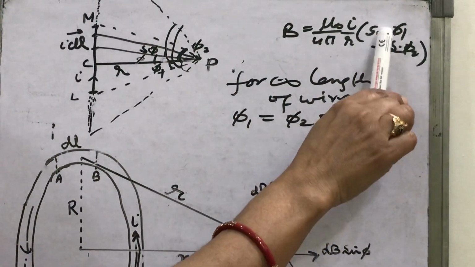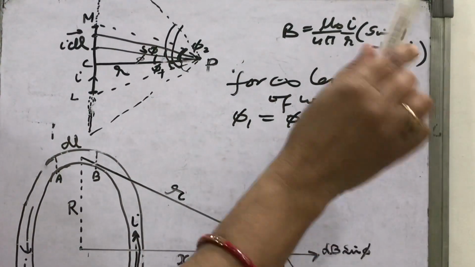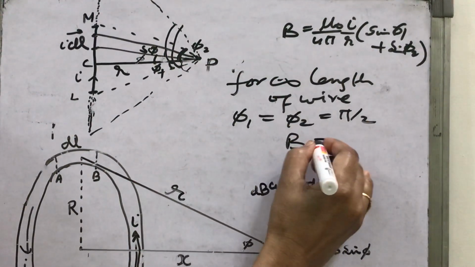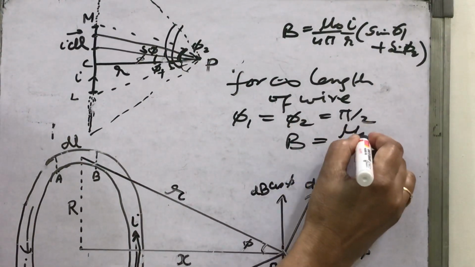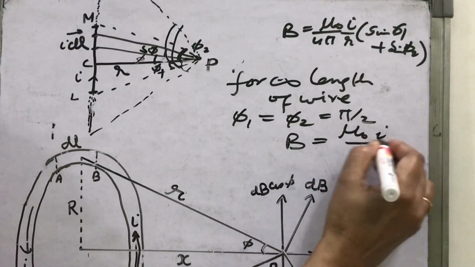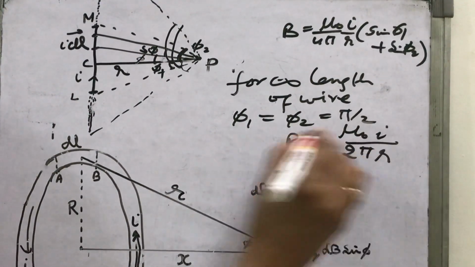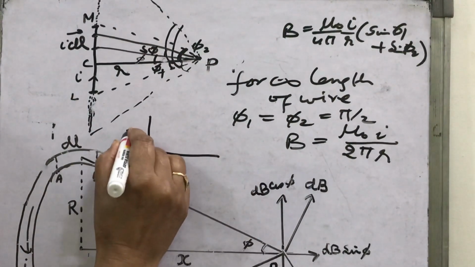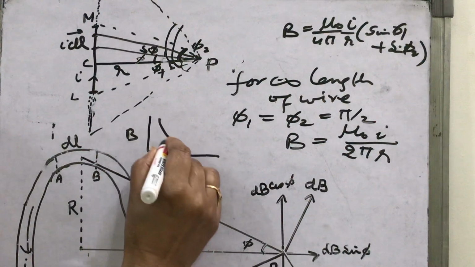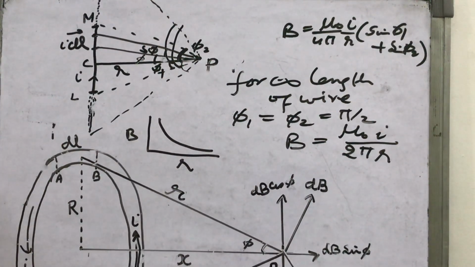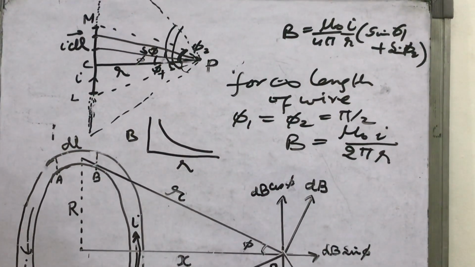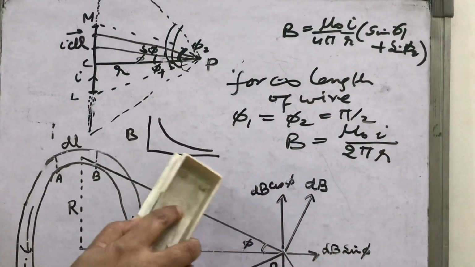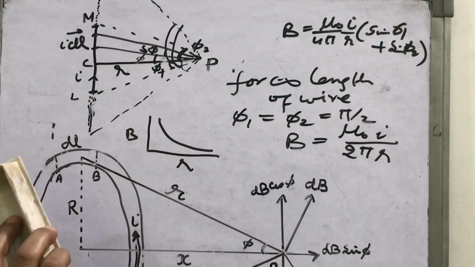And sin pi by 2 will give 1, so the sum gives 2, then 2 upon 4 pi gives the magnetic field which we have discussed, mu naught I upon 2 pi r. That is why we have shown that if the graph is given, the magnetic field is inversely proportional to r, the perpendicular distance from the wire, and this we have discussed in the previous video.